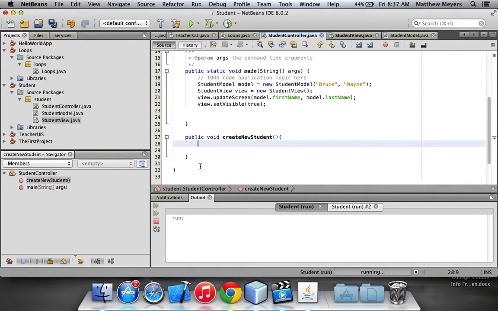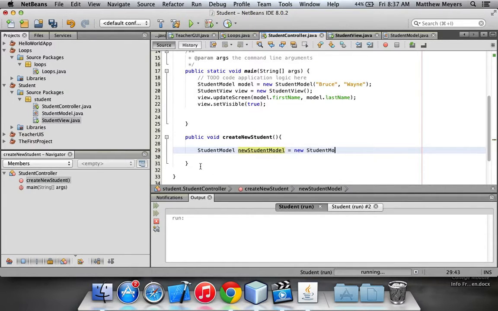So we can say, and this is bad for memory purposes, but again, we're just learning here. We're not looking at memory just yet. So we'll say new student model equals new student model. And again, if this was a real program, we'd have these be random names, or maybe we'd select them out of an array or a database. But Bruce Wayne, we didn't like Bruce Wayne, so let's try